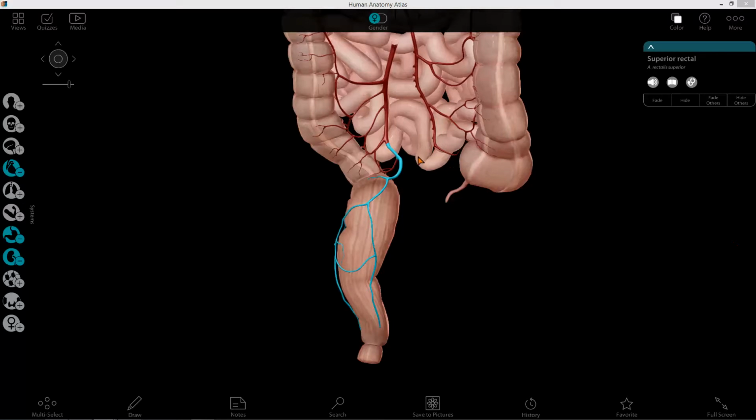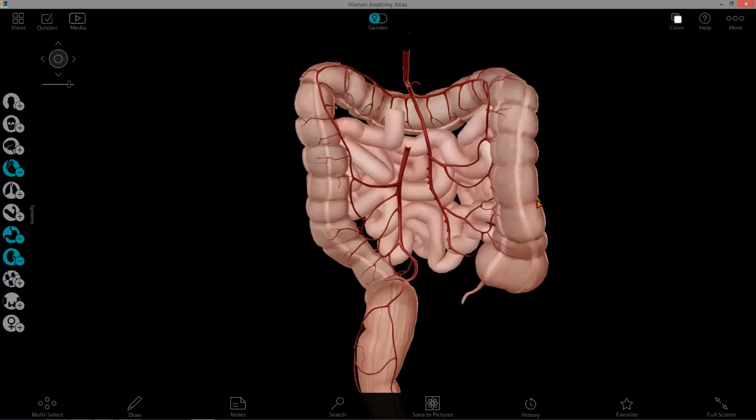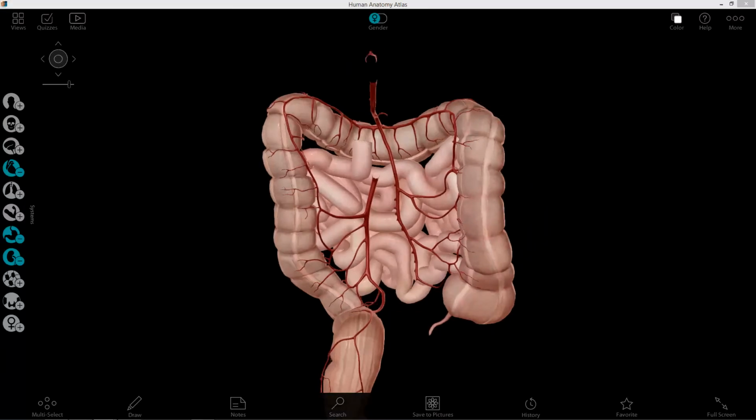And I haven't really covered the veins, but the veins are very, very similar. They look almost identical, actually. And the inferior mesenteric vein drains the hindgut structures that the inferior mesenteric artery supplies. So that's basically part 1 of laboratory 4. Part 2, you can now check